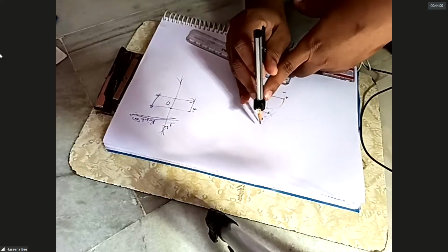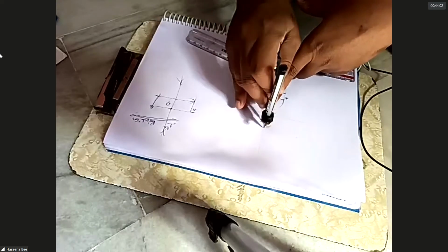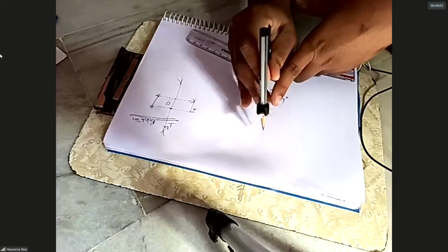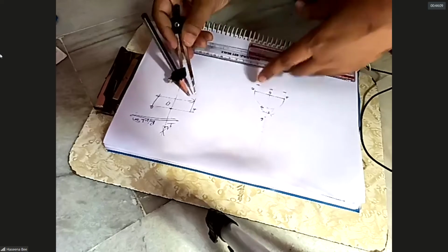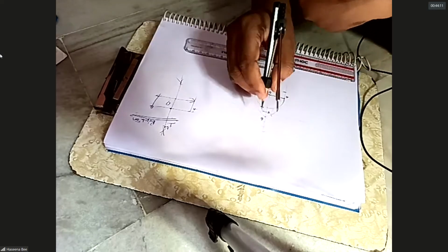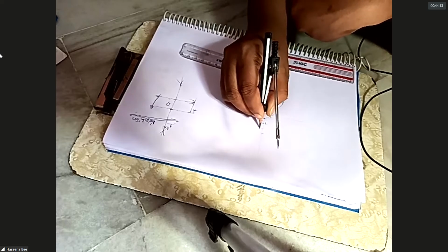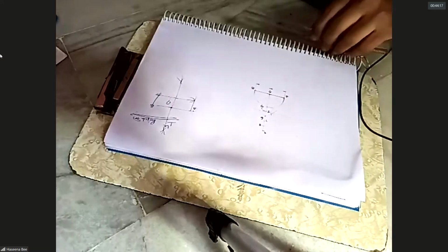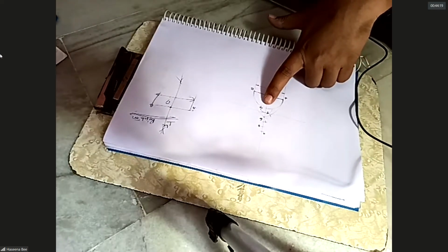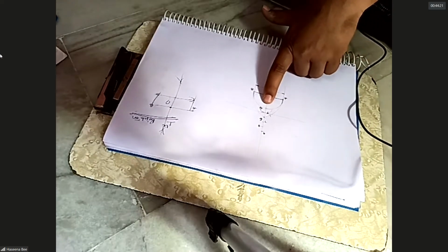This is 7. Now 7 as center, cut another arc. This is 8. Now 8 as center, cut another arc. That is your 9. So now you can name these points as 7, 8, 9. So total 9. So if you take center now 4, you'll be getting a square.